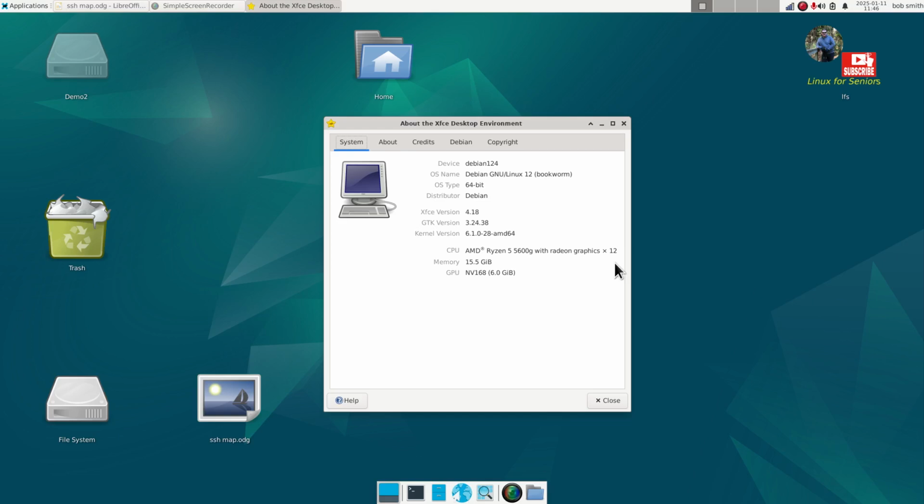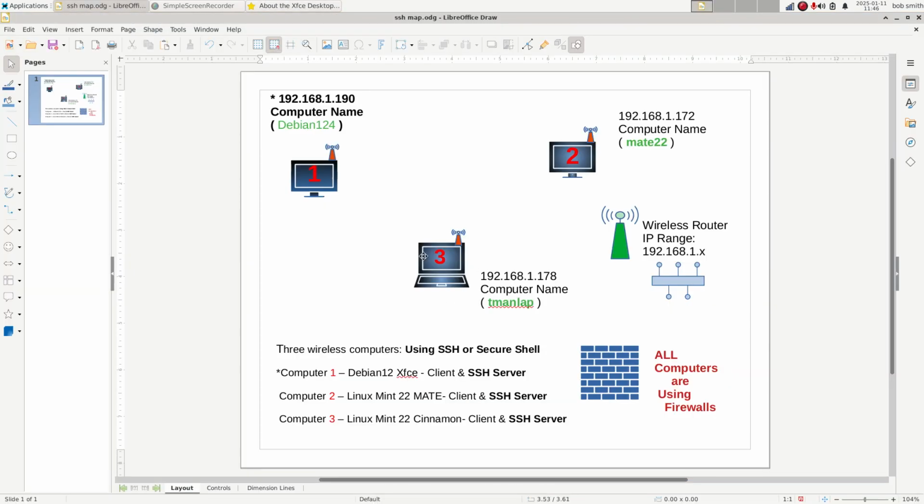Hello folks and welcome. So I have a video for you that is not everybody's cup of tea, but I'm going to be talking about using Secure Shell into doing file sharing with computers on my local network, and also basically possibly looking at information on these computers. I can look at hard drives and capacities. I can perform commands using SSH or Secure Shell. We can also think about using that for our